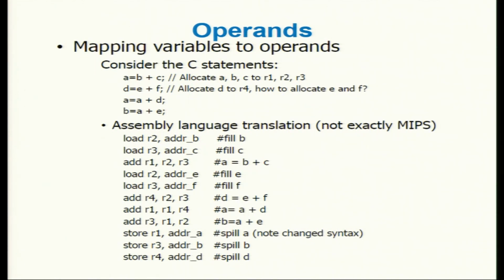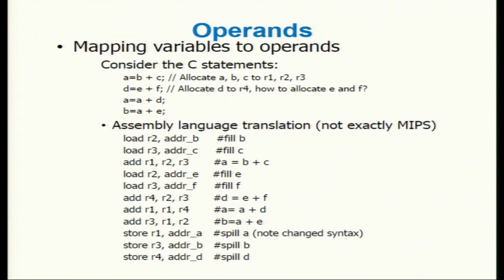So this is a rough translation of those 4 statements. So first, as we said, we have allocated A, B, and C in R1, R2, R3. So first thing we'll do is load B and C. So that's what we have done into R2 and R3. So load means fetching from memory. Load R2 from address of B, load R3 from address of C. I don't need to load A because I'm going to override A. I'll generate a new value of A, so I don't need to load A. So that's what I do in the next instruction. I generate the value of A by adding R2, R3 and putting the result in R1. So that completes translation of this particular statement, more or less. We have to still store back A. So we'll do that.